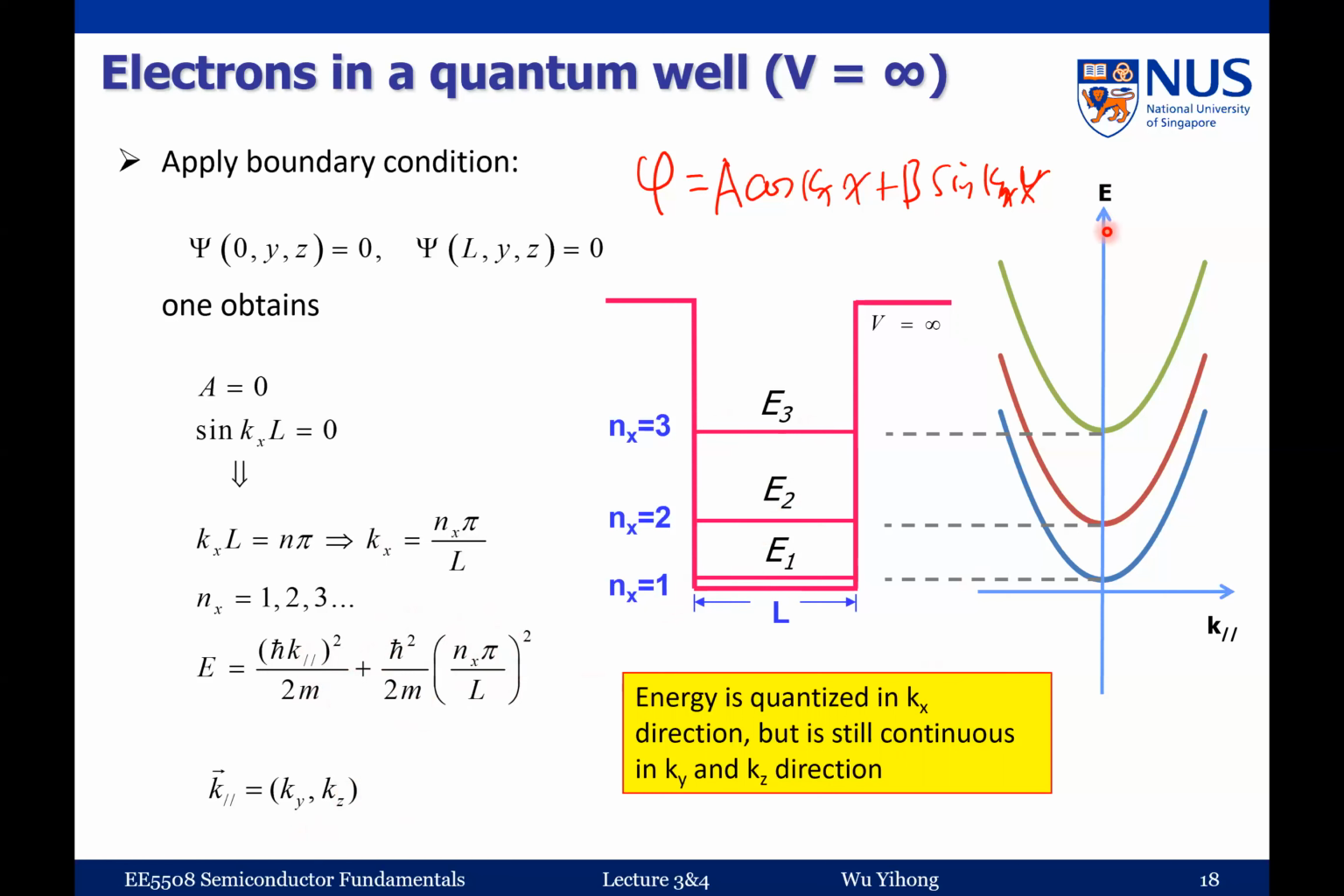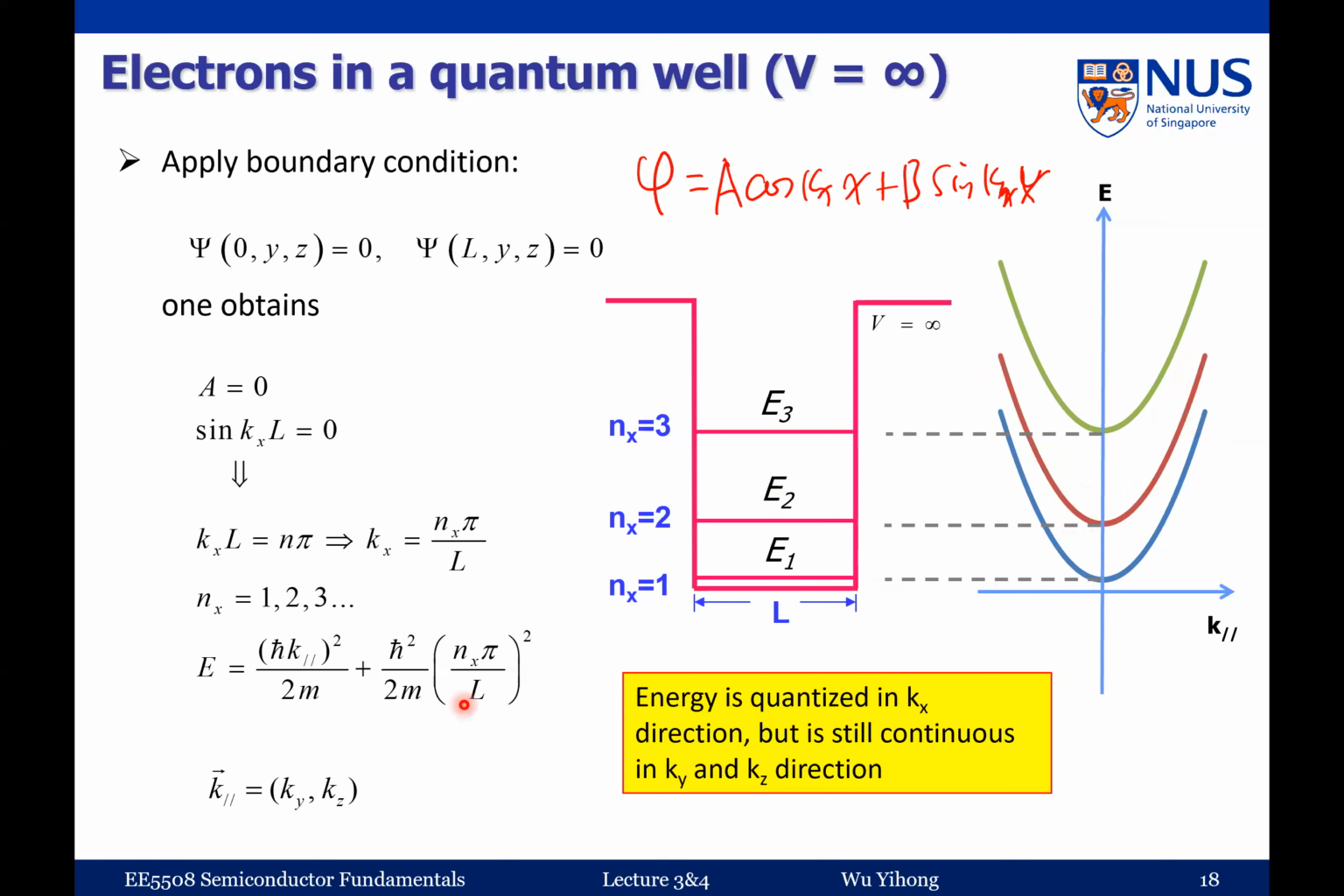So it means they look at the E-K dispersion, and for the first quantized level, you still have this parabolic dispersion with respect to k parallel. That's because the electron can still move freely in the y and z directions. And then after that, you have E2. This is due to the quantization in the x direction. And you still have this parabolic dispersion, but now you can see that this minimum energy is different from this